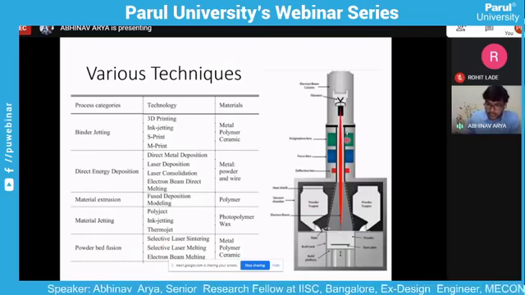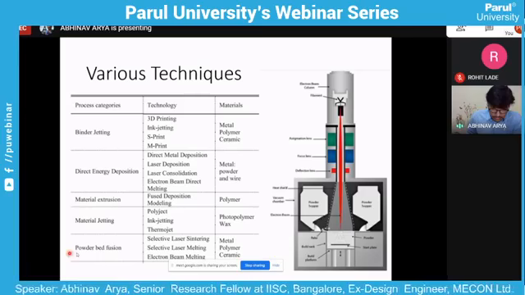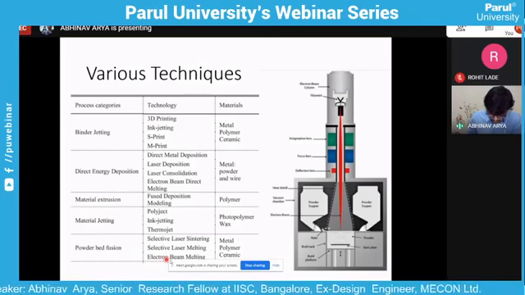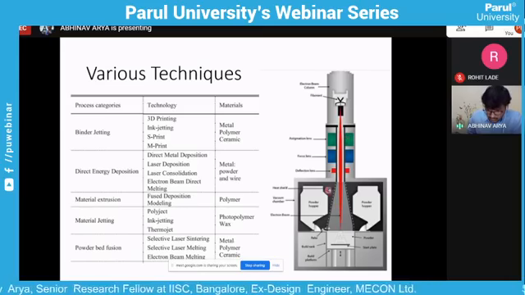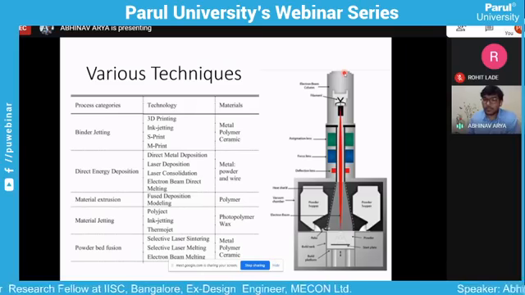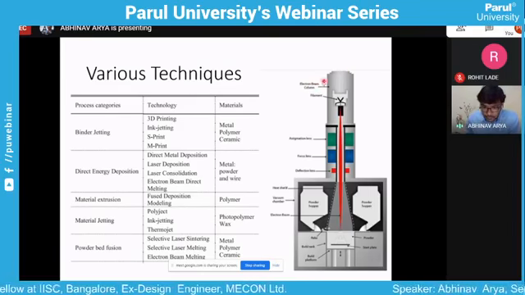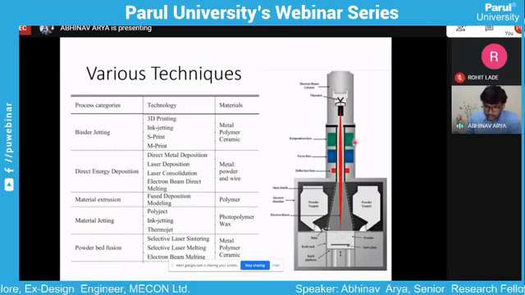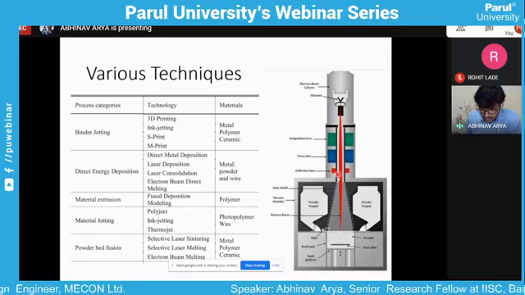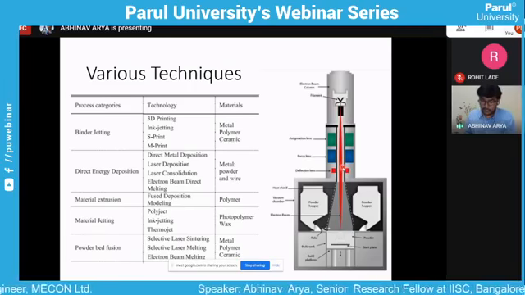So here is a schematic I'm showing of this powder bed fusion technique, specifically electron beam melting. You can see this is just a schematic. This much part is similar to the electron microscope that we use, scanning electron microscope or TEM. Here is the electron beam column and then the filament. This whole thing is our electron gun. Then we have the lenses, the astigmatism lenses, then focus lenses, and lenses to deflect our electron beam.